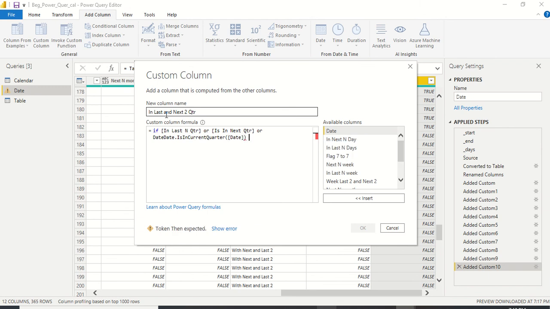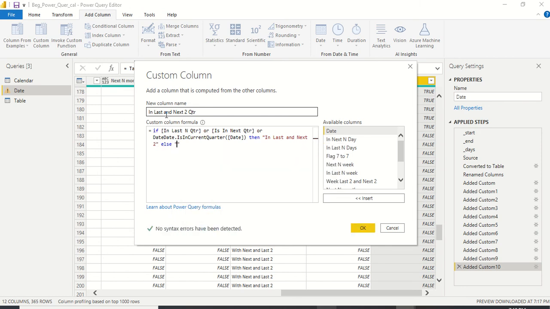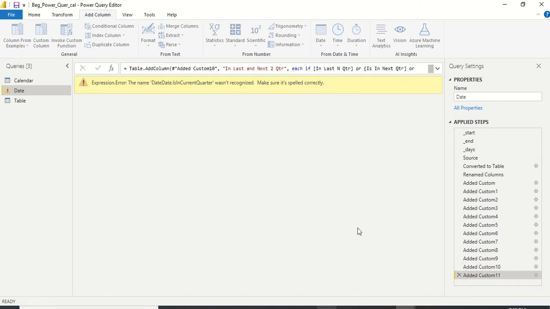So if this is true, then we will say in last and next 2, else we can say others. Okay, so this is what we wanted. We created this. Now we will press OK.